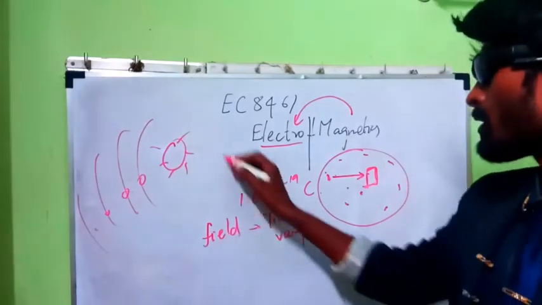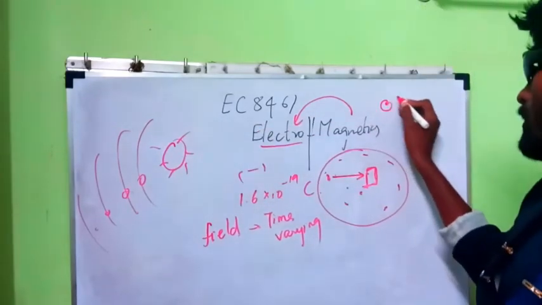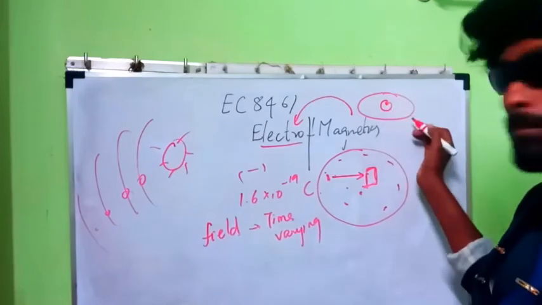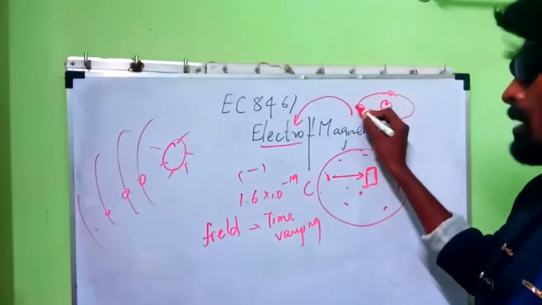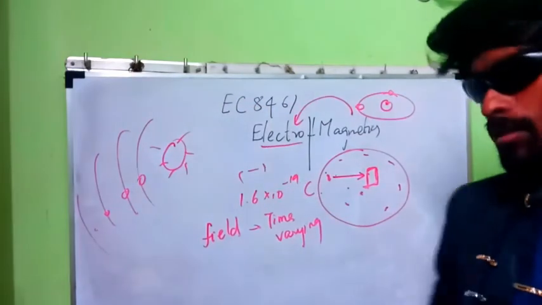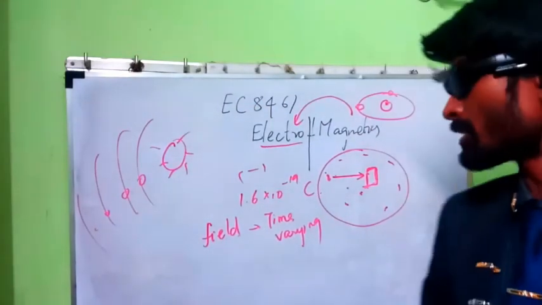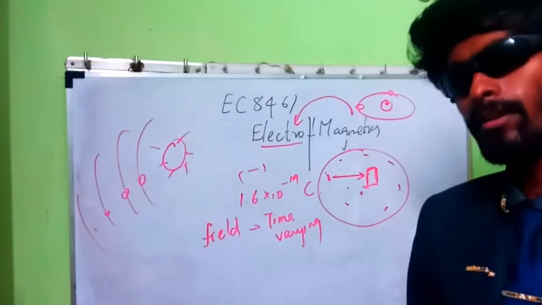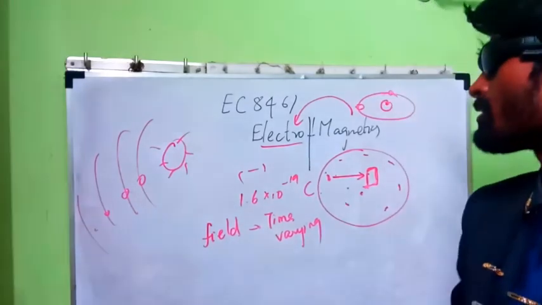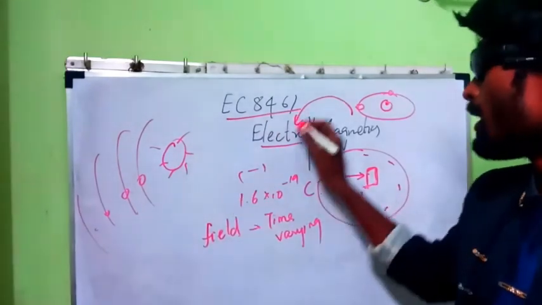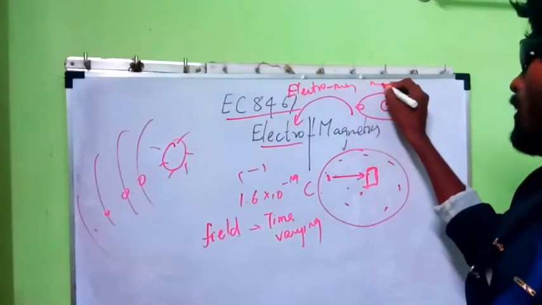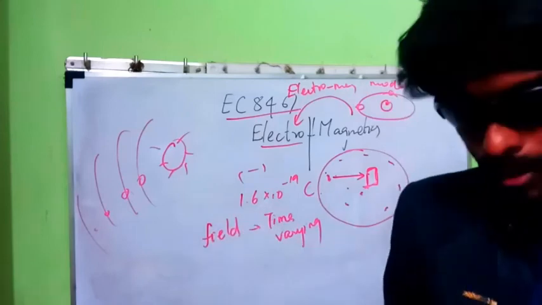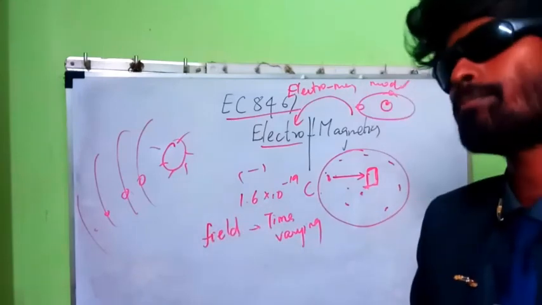Look at this. This is the sun, and this is an orbit. At some point the Earth comes very close to the sun, and at some other point the Earth may be somewhat away from the sun. Likewise, there will be more such things. So this topic is going to be the first topic of your syllabus of EC8661, and that is called the electromagnetic model.